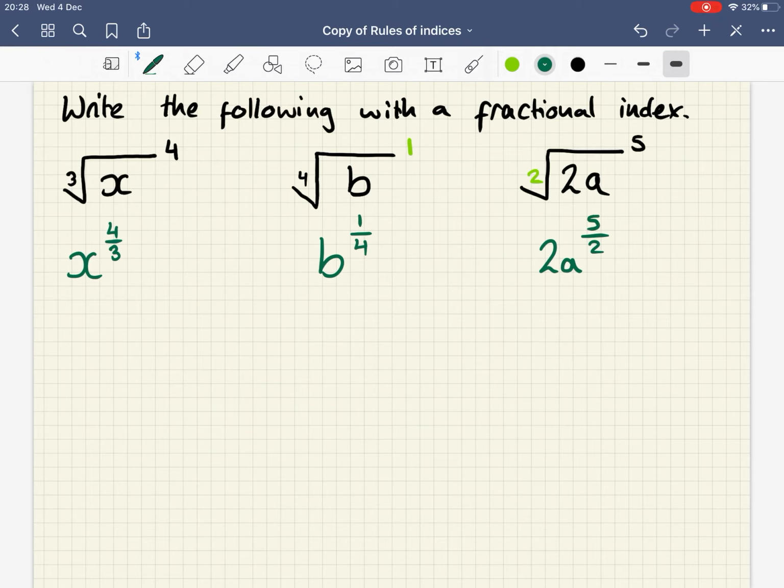And so those are all our rules of indices. And yes, again, you have to memorize every single one. I recommend just writing out the rules again and again and again. And the more you write it out, the easier it will be for you to recall all these rules. So in the next video, I'll do some examples where I'm combining a bunch of the rules together, just so you know how to tackle these more complicated rules of indices questions. But until then,